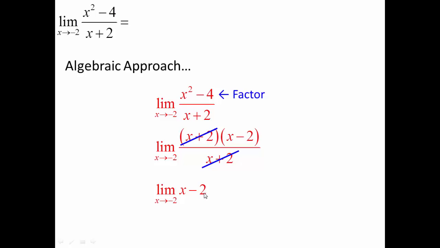Now notice the graph of this function was a line because the simplified form of this function is a line, x minus 2. This time, though, when I plug in negative 2, there's no x plus 2 in a denominator to cause problems. So when I plug in negative 2, I get an exact answer of negative 4, which means that the limit is indeed negative 4. Not based on my best guesses looking at a graph or a table, but indisputably based on the algebra.